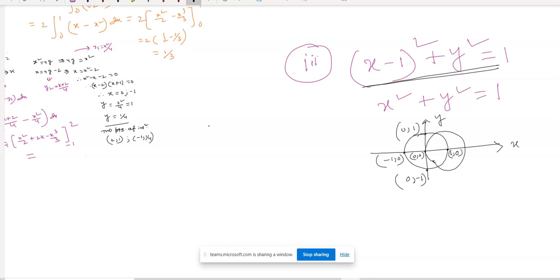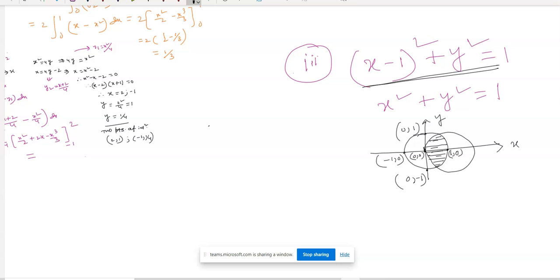You should draw it properly, otherwise it doesn't look good. But for the perfection of the diagram, no marks are given. Perfection means if it is a little bit distorted, there is no problem. But draw it in such a manner that people can understand what you are doing there. So this is the area they asked you to find here.